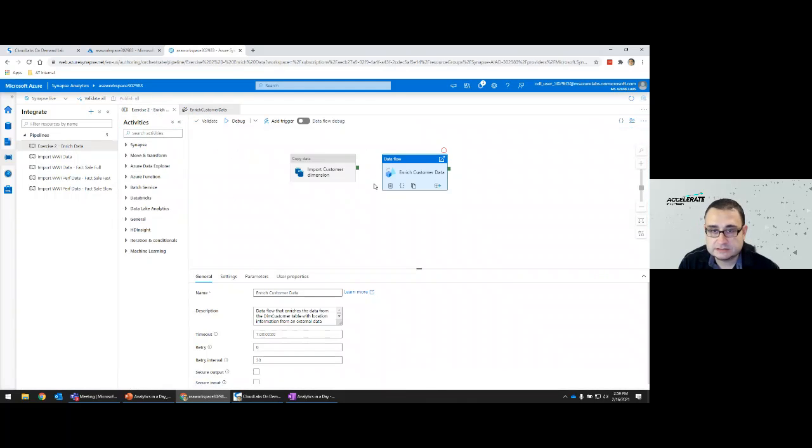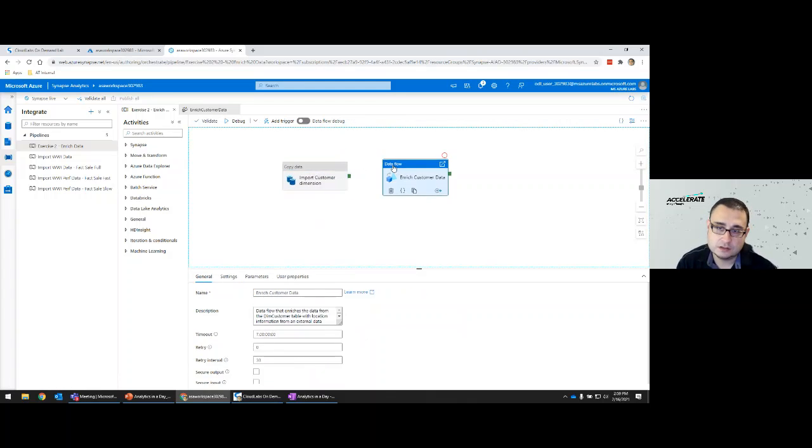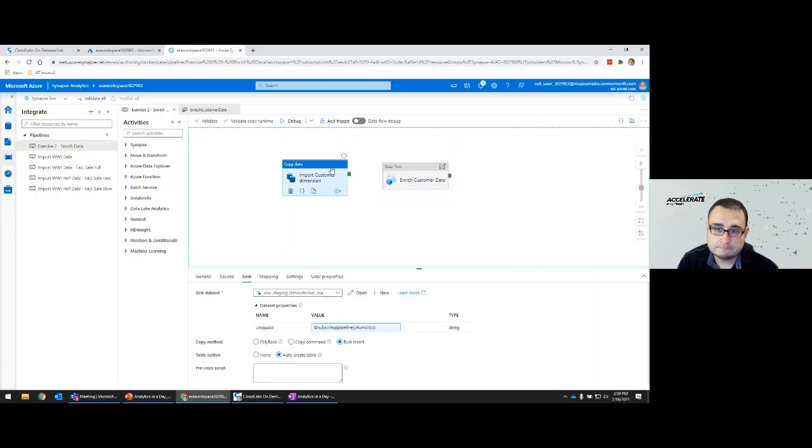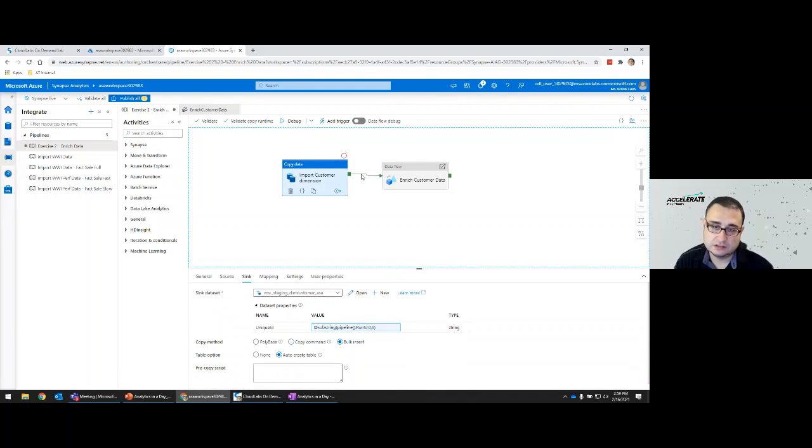So what we want is for this to run in sequence. And this is essentially Data Factory behind the scenes, right? So this is Data Factory within Synapse. If you're already familiar with Data Factory, you can orchestrate the sequencing of your data activities by connecting one activity with another, creating success constraints or precedence constraints.